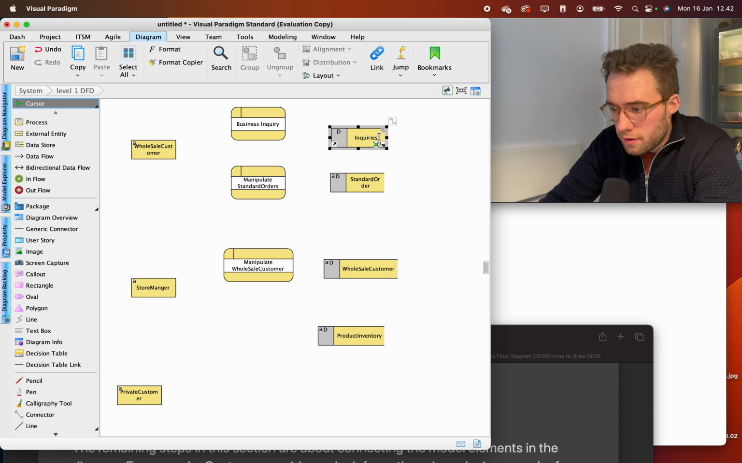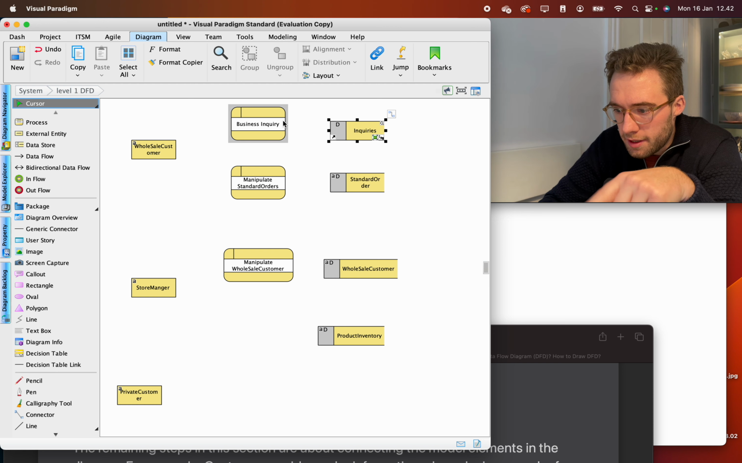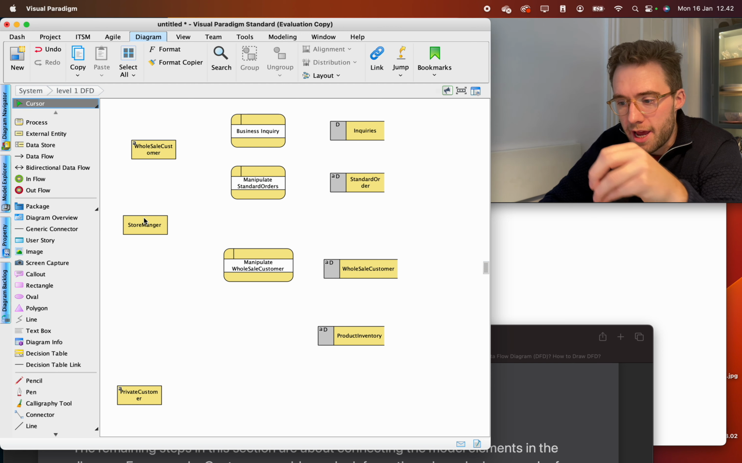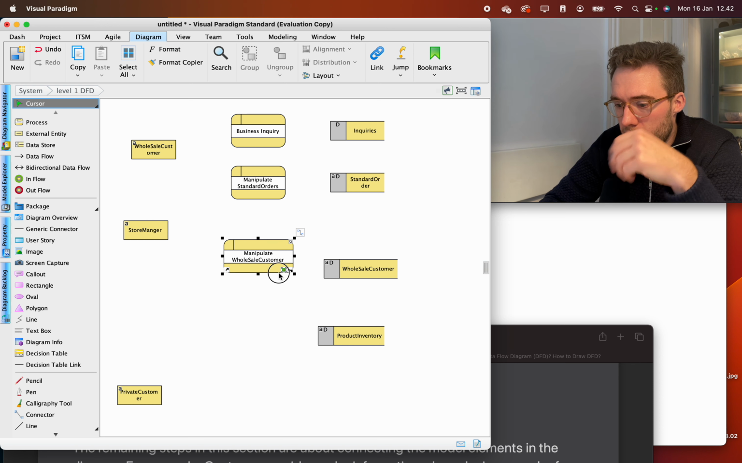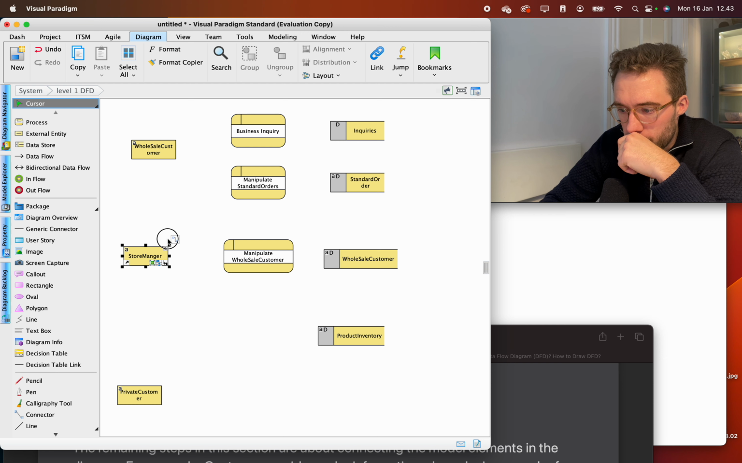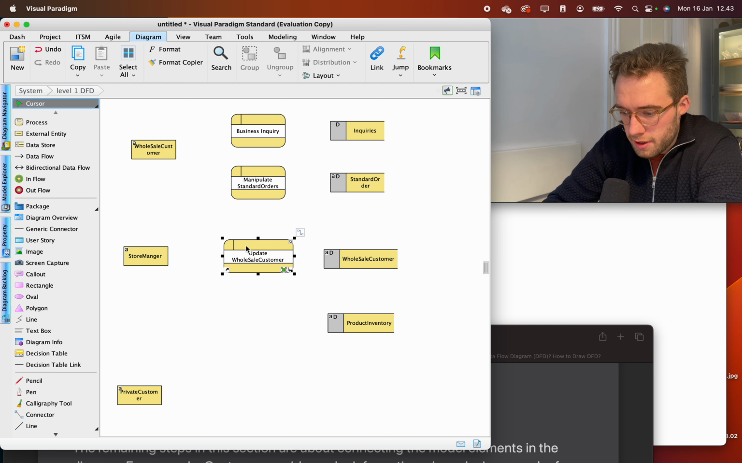So then that could help us in terms of sending, to help with that. This is also interesting for the store manager, because they should handle these inquiries, and then they should do something with the wholesale customer. Perhaps we should call this update wholesale customer, and then we should also have update product inventory. So we're going to make a new one, update